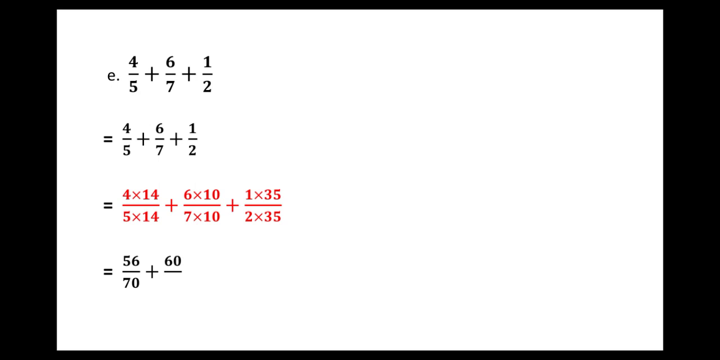So now after the multiplication, 14 times 4 is 56, and 5 14s are 70, 6 10s are 60 and 7 10s are 70. 1 multiplied by 35 we get 35 and 2 35s are 70. Now you can see that the denominators are same. So now in the next step we only add the numerators. We don't need to add the denominators. So 56 plus 60 plus 35 we get